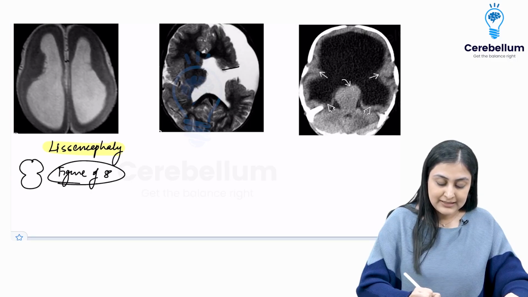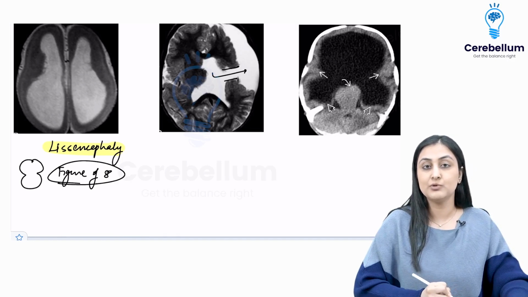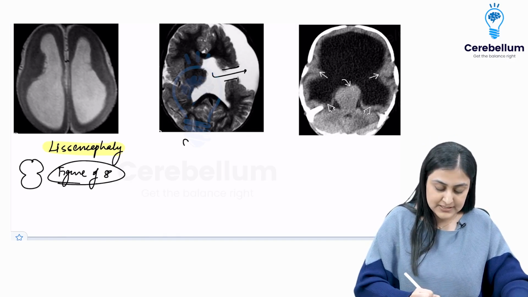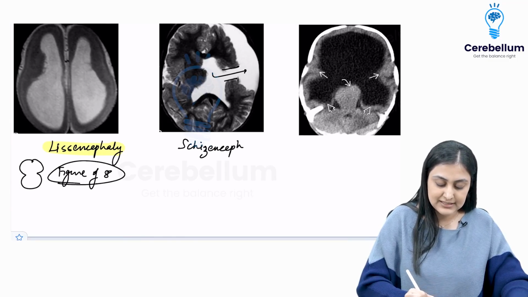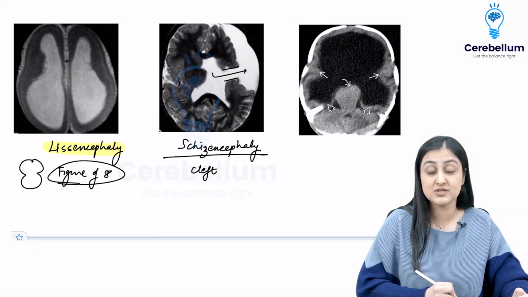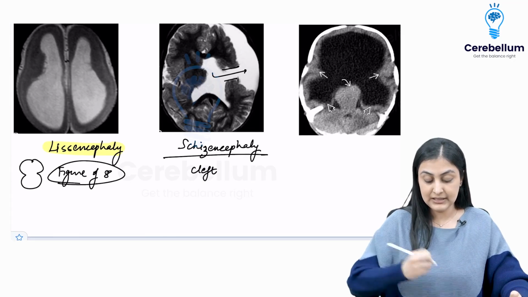Next, where you have a cleft. Can you see how there is a cleft wherein the ventricles are communicating with the subarachnoid space? This is what is called schizencephaly. So schizencephaly is where you have this cleft or this defect through which the CSF is herniating, and this is